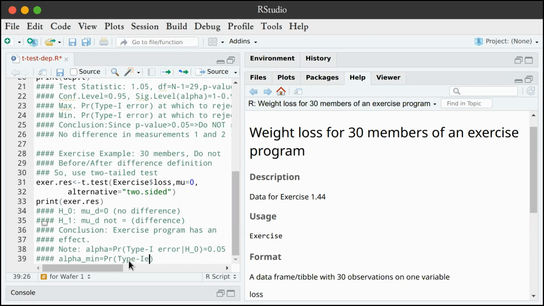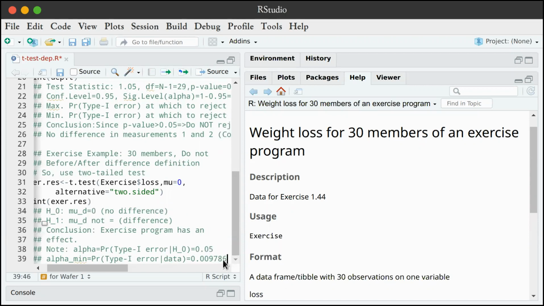Based on the data, if I condition on the data, so I'm going to put that vertical dash, the value that I get is 0.009786. So the rejection region corresponding to 0.05 is my limit. But it says, well, you can actually reject it if it hits below